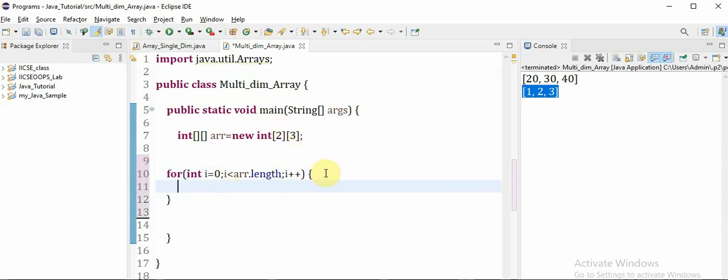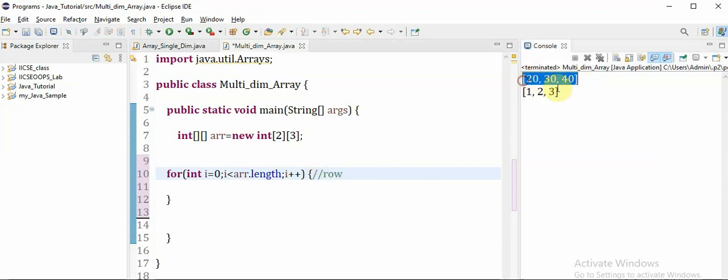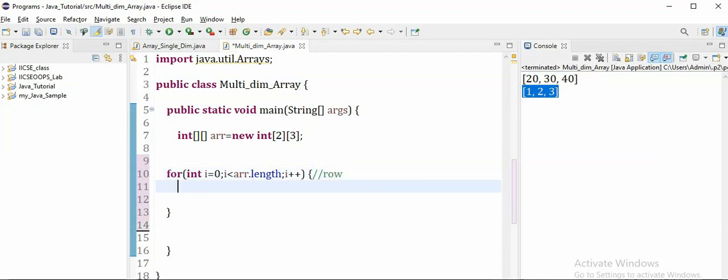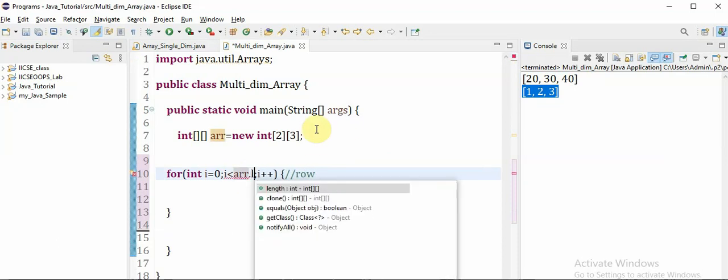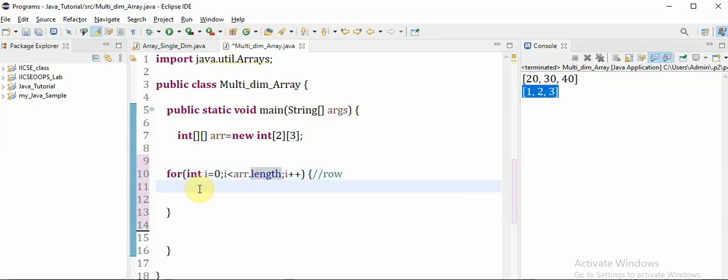So this outer for loop is for the row value, which specifies the rows, the 0th row and the first row. You can statically say a value like 2, but this is not a good practice. Rather than statically saying it, we'll get the data dynamically like this. And then we are going to use a nested for loop, an inner for loop there.